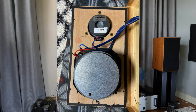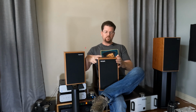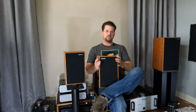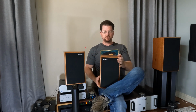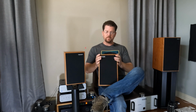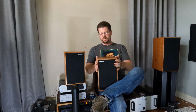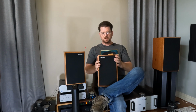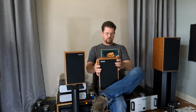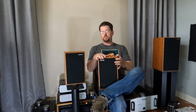These little guys stand at only 12 inches tall, 7.5 inches wide at the baffle, and only 7.25 inches deep. They're 12.4 pounds, so they got some heft to them for their small size classified as a mini monitor. And I would also say, interestingly enough, when I opened up the baffle to see the crossover, that the internal bracing was actually made out of pine and not MDF. So you've got double veneer wood with pine bracing and not MDF, which is kind of an interesting choice. I'm not sure if there's any harmonic signature there that made that the case, or maybe the pine's cheaper now. I don't know. Nevertheless,